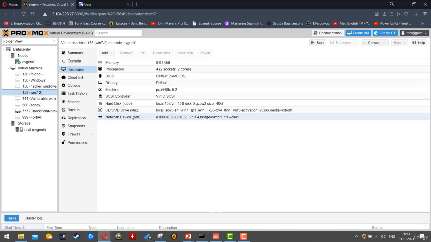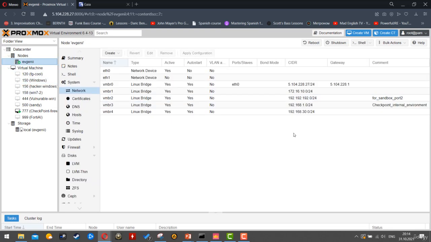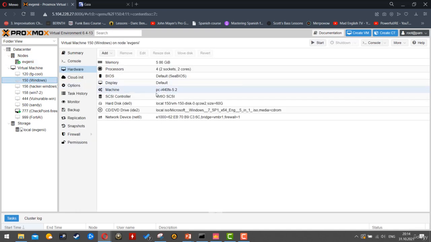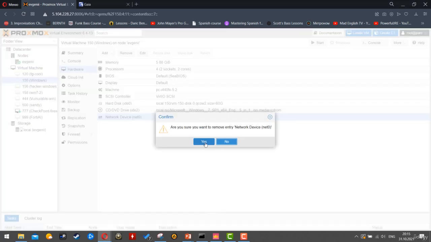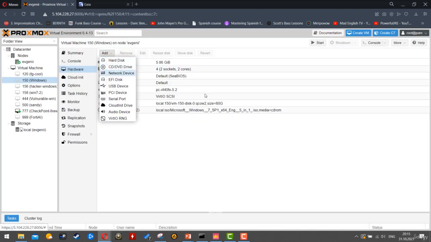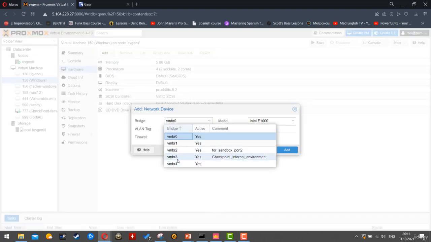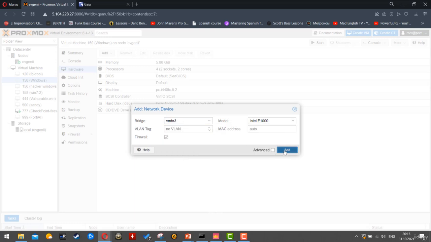It's a lot of machines that I have here, VMBR1, but I want to use 192. So actually I'm going to use VMBR4, which we have. Oh, actually not that one. It's this one. It's VMBR3. It's the Checkpoint internal environment, something that we have created. So I want to use that one. So let's move here and remove that one and add another one, which is our VMBR3. Apologize, 3. I'm gonna click add,